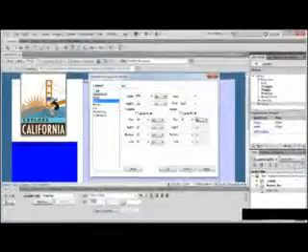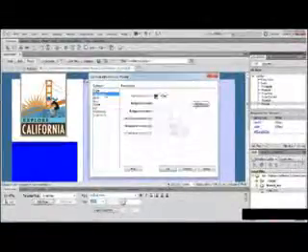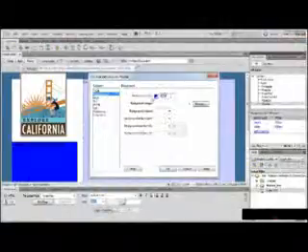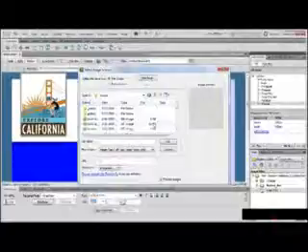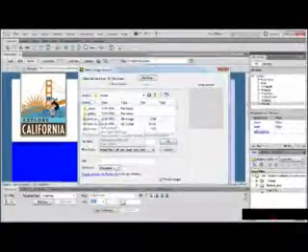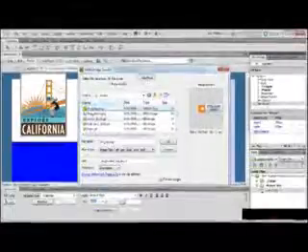Last thing we need to do here is go ahead and grab the background image for our footer. So I'm going to go to the background category. I'm going to get rid of the background color that we have here, and I'm just going to browse for our background image. And once you're in the 10.9 images directory, you want to browse down and find this image right here,